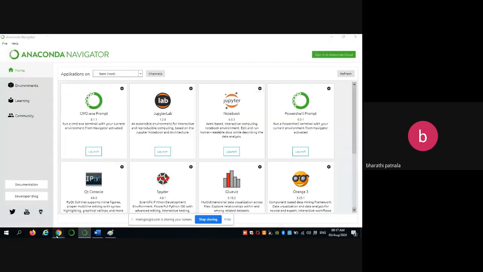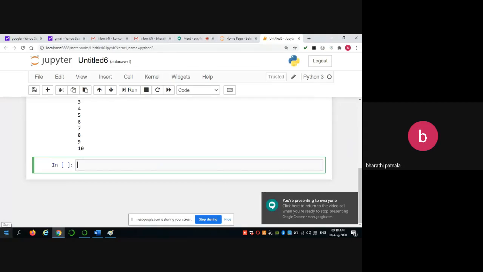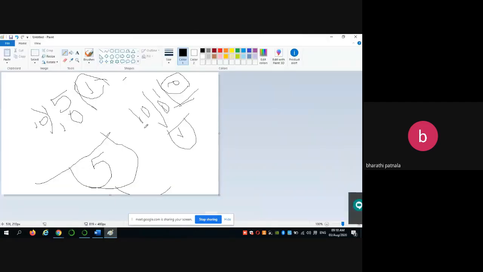Okay. So, see how to do the program. First, what we have to do? First, we have to divide the given number. Whatever number you are taking, that number must be divided by 10 and retrieve the quotient.